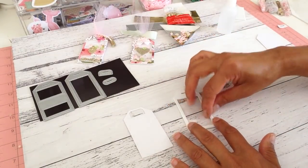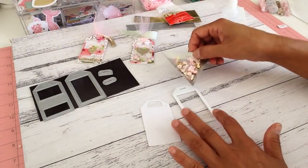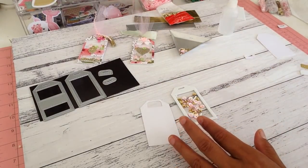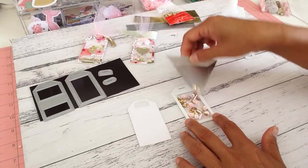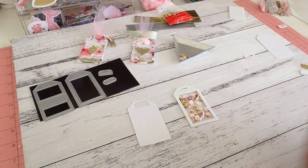Okay, so the next step is we'll go and get our sequins or sequin mix, and we'll just tip it in here like that, and then I might put a bit more, I think. Alright, once you've got all that in place,